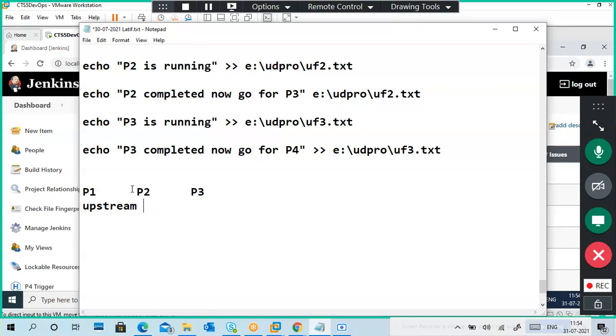Exactly: for P2, P1 is an upstream project.